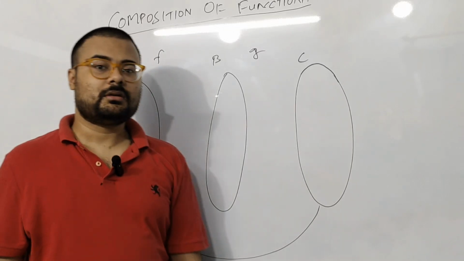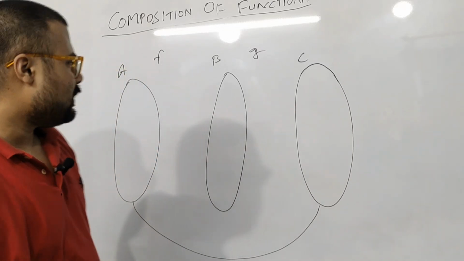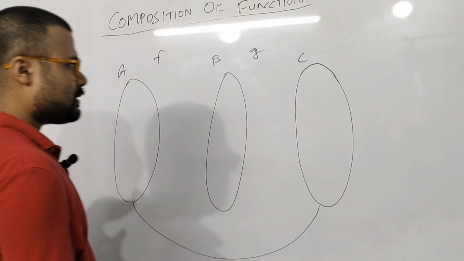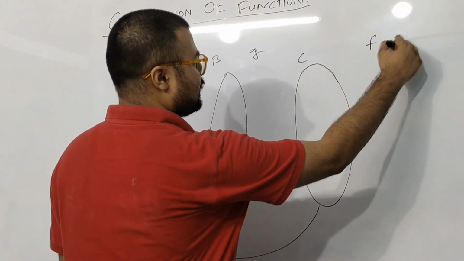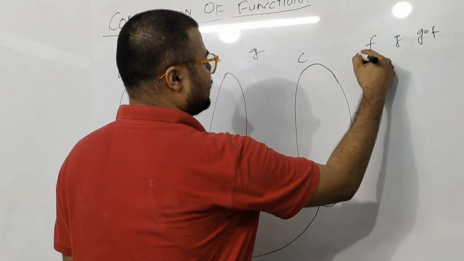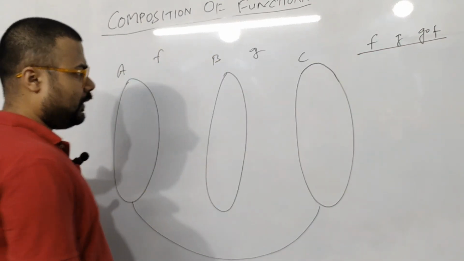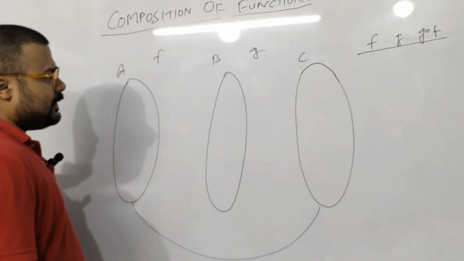We have seen all possible scenarios of 1-1 and many-1. Now let's, in this video, see the scenarios for onto and into. Okay, when f and g and gof. So as you can see,